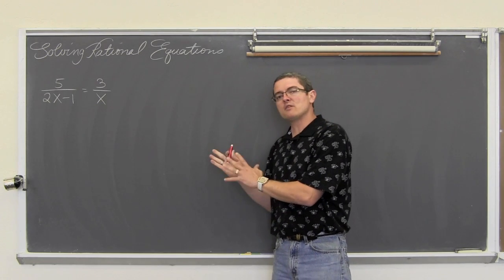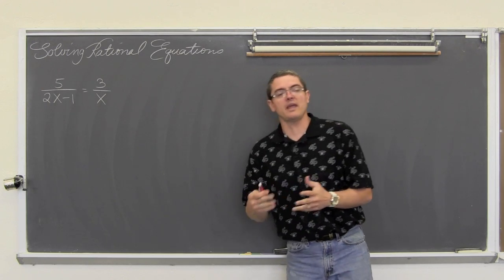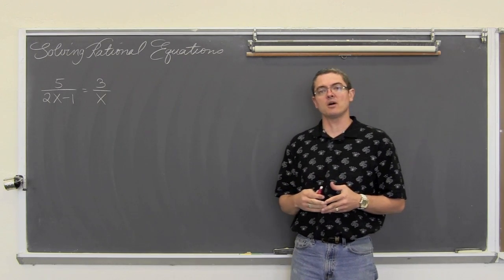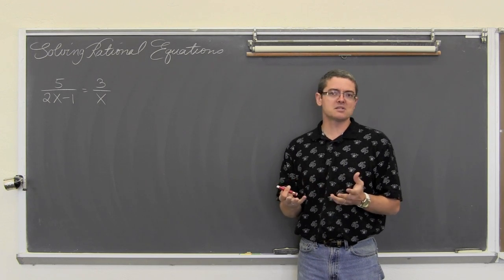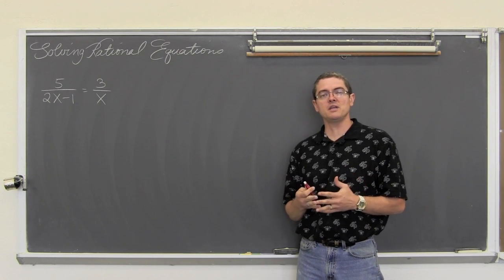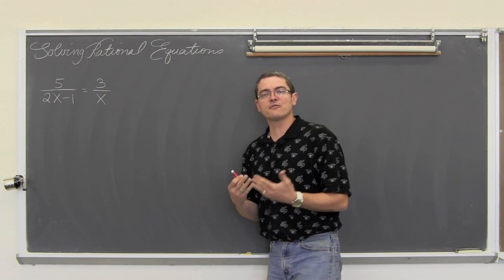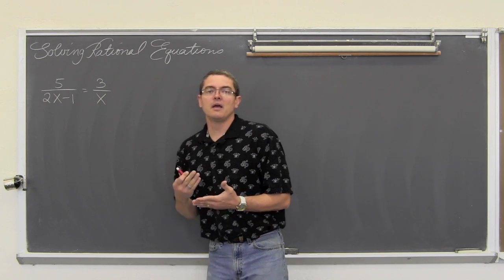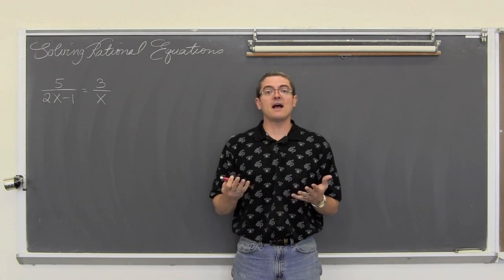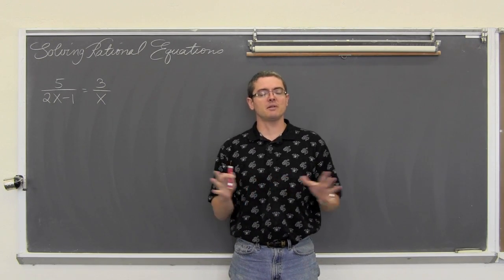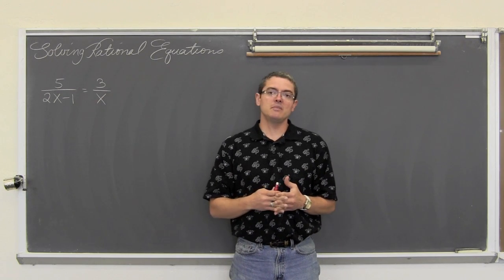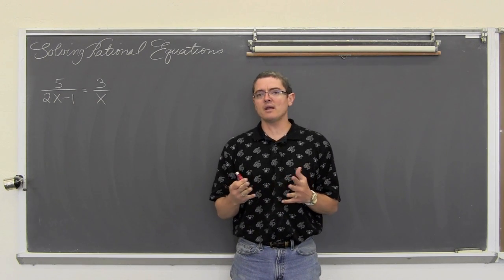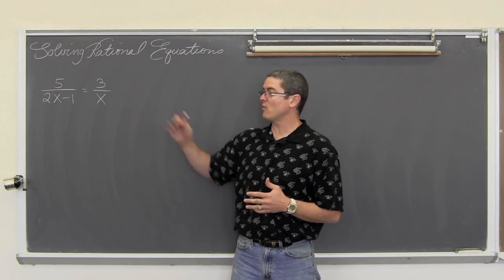This only has one fraction on each side of the equation, so we can start the solving process by cross-multiplying. But to be consistent through all the examples in this video, I'm just going to say the first step of solving an equation with a bunch of fractions in it is to multiply by the lowest common denominator. That may or may not mean you have to do any factoring. In this example, we're not.